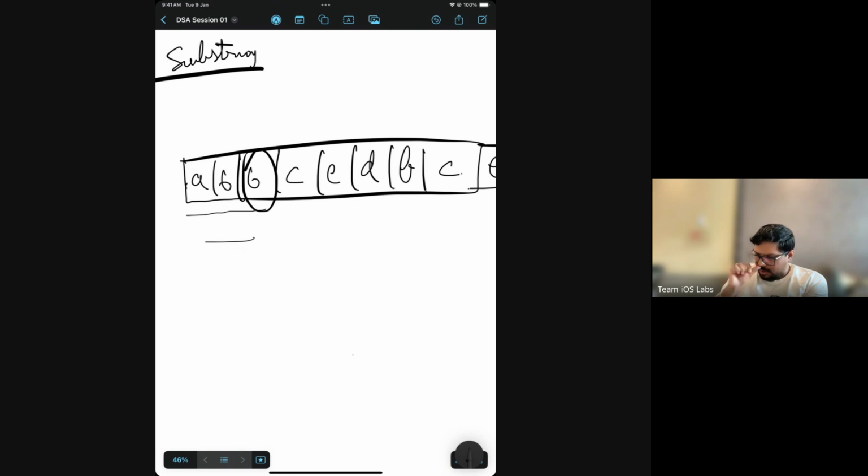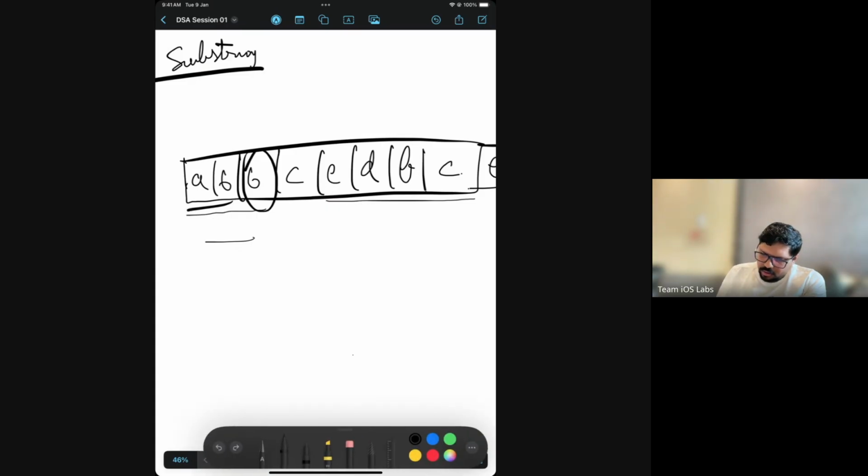So now try to understand that you're starting with the start of the string, but understand it in the context of a substring. A substring is always continuous, right? You can't have a substring like AB and then CDFs like that. You can't do that. So whenever we find any repeating character, we actually